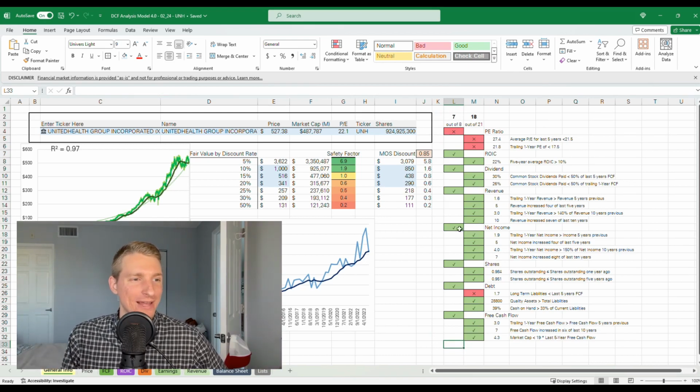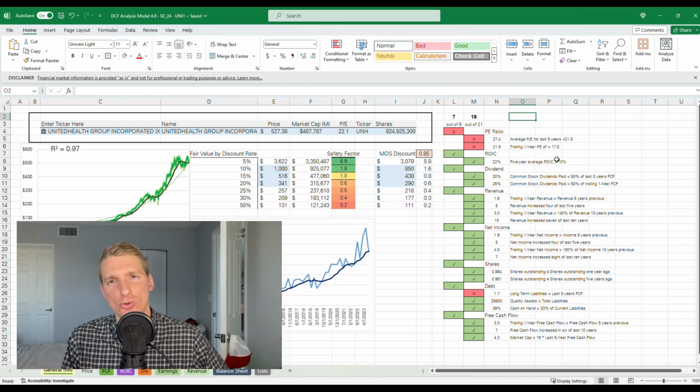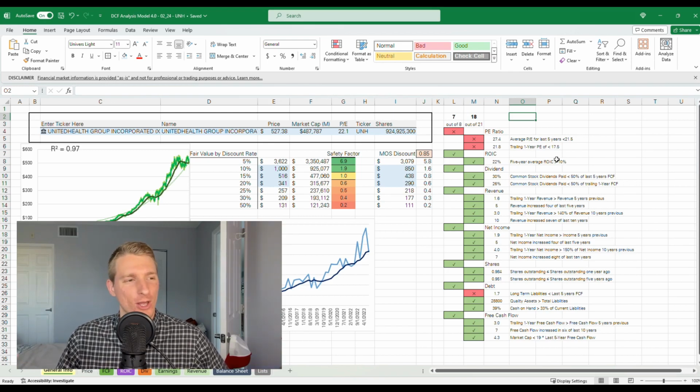The only place that it falls a little bit short is right here on the PE ratio. It has a PE ratio of 27, but the trailing 1-year PE is 22, which is actually pretty low for such a good quality and growing company. So overall, I really like United Healthcare. I mean, 14% annual return doesn't really get me all that excited necessarily, but if you're looking for a really good quality company and you're looking for something that will give you consistently above 10%, close to 15%,